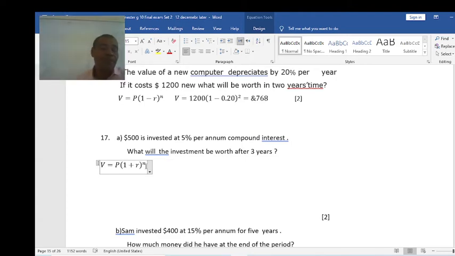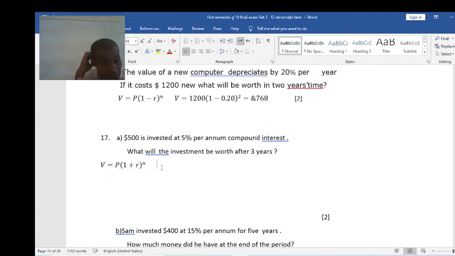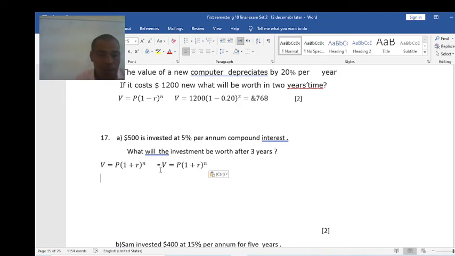So I will just write this again. Okay, copy and paste. So this is the formula for compound interest. So the rate is 5%, means 0.05, and the amount is principal 500. The number of years, N or T as you like, is 3 years. So therefore,